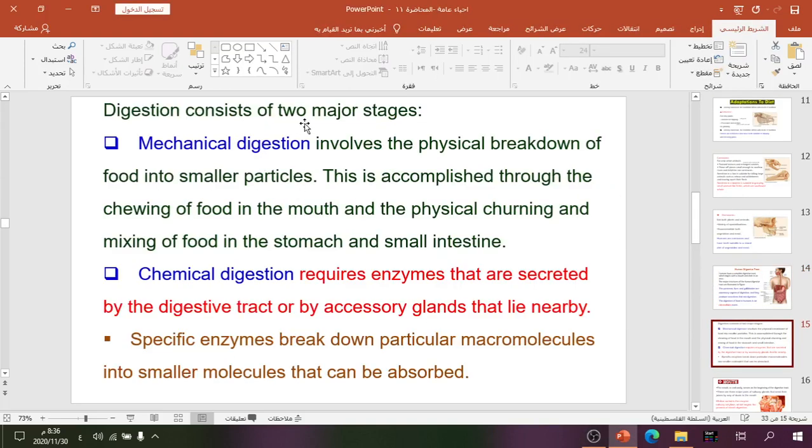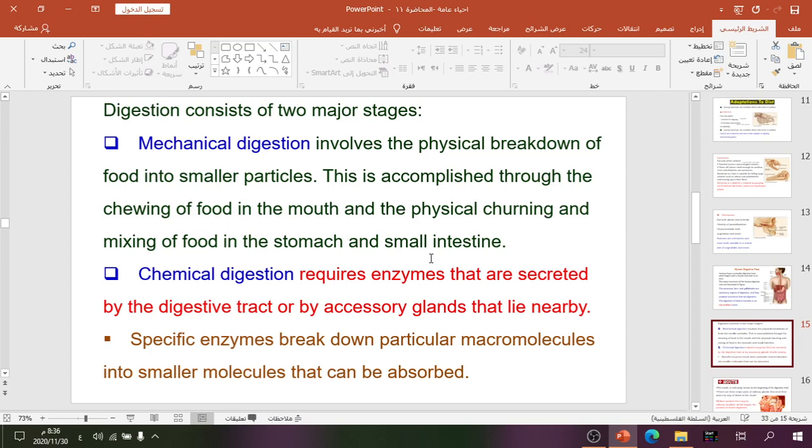Digestion consists of two major stages. Mechanical digestion involves the physical breakdown of food into smaller particles. This is accomplished through the chewing of food in the mouth and the physical churning and mixing of food in the